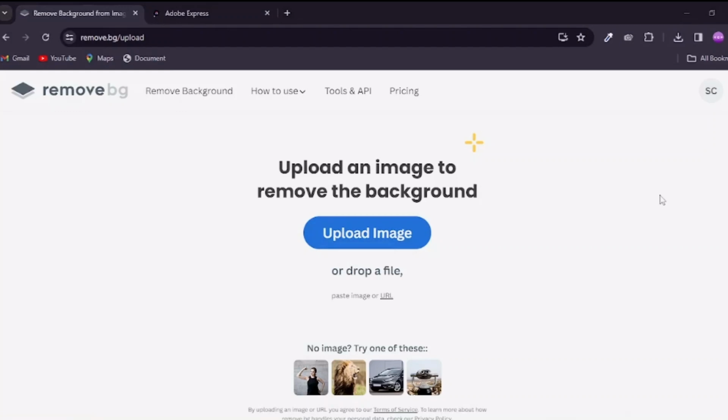So as you've seen today, we are going to see how we can remove the background of an image. So it's like cutting out the image from its background. There may be a few reasons for this. Maybe the image you downloaded has a watermark from the site you downloaded it from. Like mine, I have